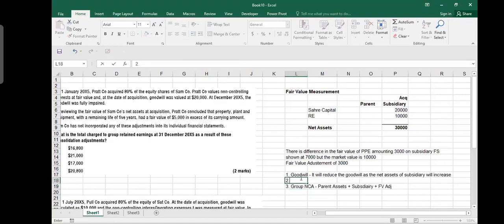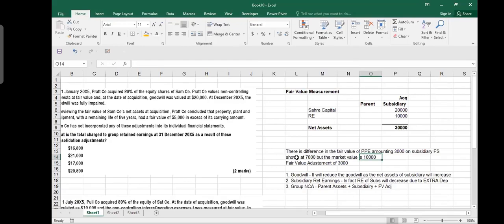On the second place, there will be an adjustment to subsidiary retained earnings. Subsidiary's retained earnings will change. And in fact, retained earnings of subsidiary will decrease due to extra depreciation. Because the subsidiary was depreciating the asset at 7,000, while you believe that the asset is 10,000. So the subsidiary was calculating depreciation on 7,000, a smaller amount. The group will calculate the depreciation on 10,000, which will be a bigger amount, and a bigger amount will mean